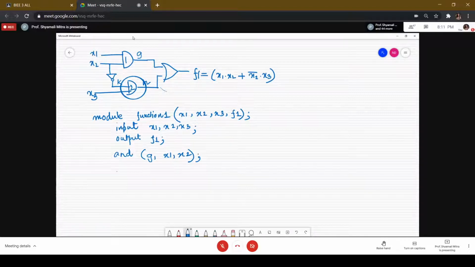For that, we are writing not K, which is the output of the inverter, and its input is K2, which is basically implementing K is equal to X2 bar. Okay. Next, the third AND gate, which is AND 2 basically, which is having an input from an inverter. So its output is H, and its two corresponding inputs are K and X3.